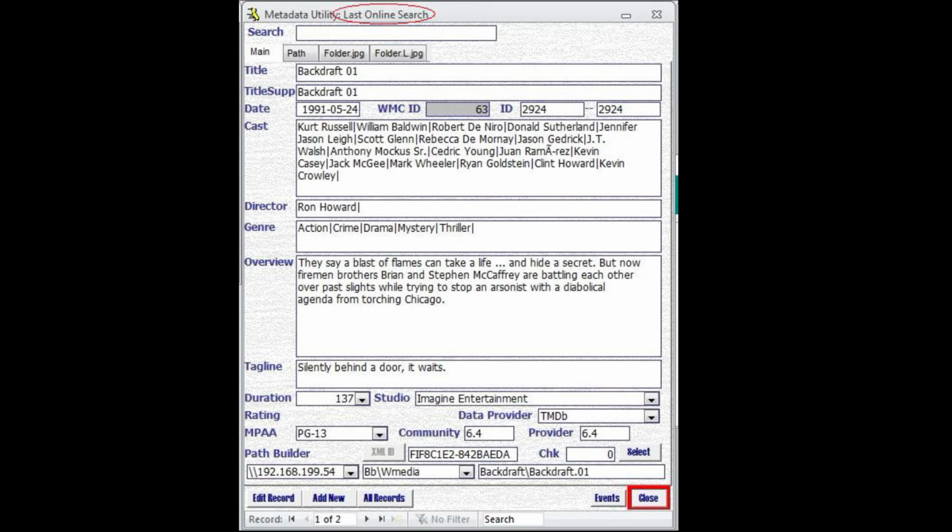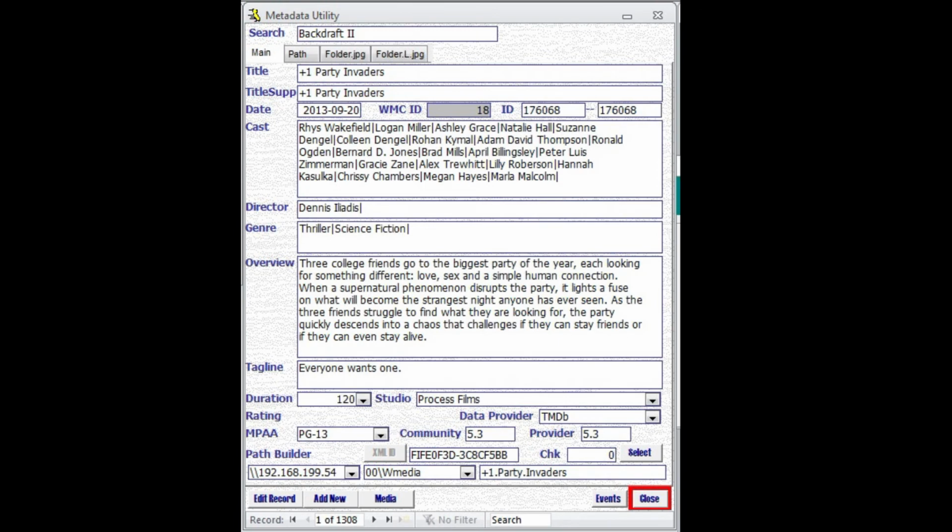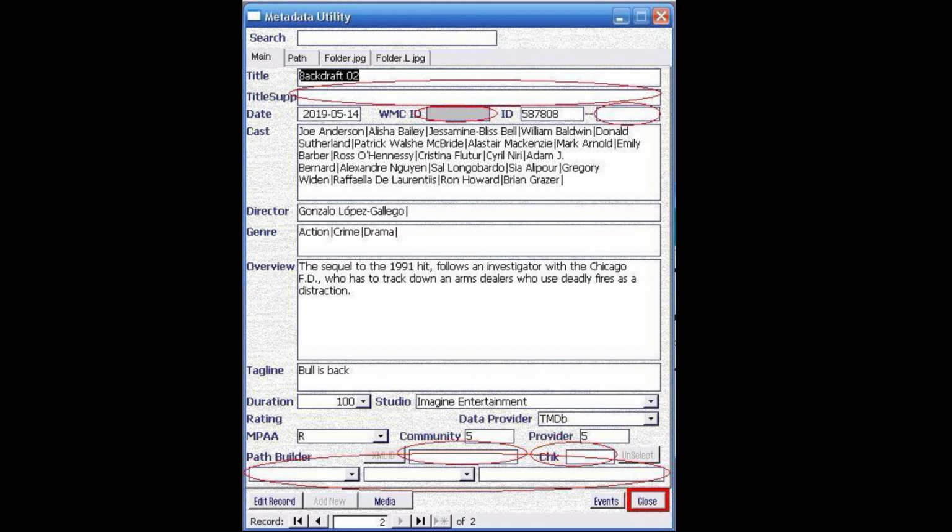And alternatively, if we had said no on the message to go to the last online search queue, we just wanted to search manually, then we can go back to the main application, search for the movie, in this particular case Backdraft, and again, Metadata Utility will search it, because we just downloaded the information, it will be shown. As we see here,